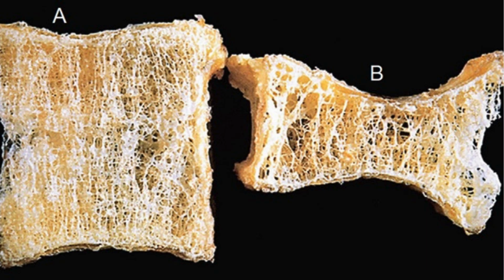Now, this is the gross feature of vertebrae. A is the normal vertebra and B is the osteoporotic one. You can see A is almost square, B is compressed. There are fine trabecular bone involving the A vertebra, but there are irregular large trabeculae, and there is concavity on upper and lower borders. There is shortened height, and if we compare the morphological features of these vertebrae, we can say